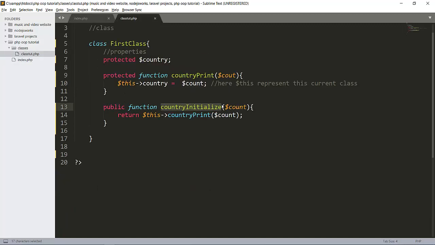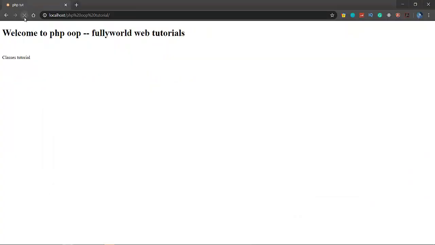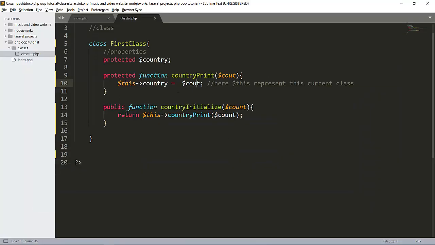So there is no variable like count. This is because of this. So when I reload this, see that we are getting nothing, because we are just returning a function here. We are not copying this function here. So this is initializing this here.